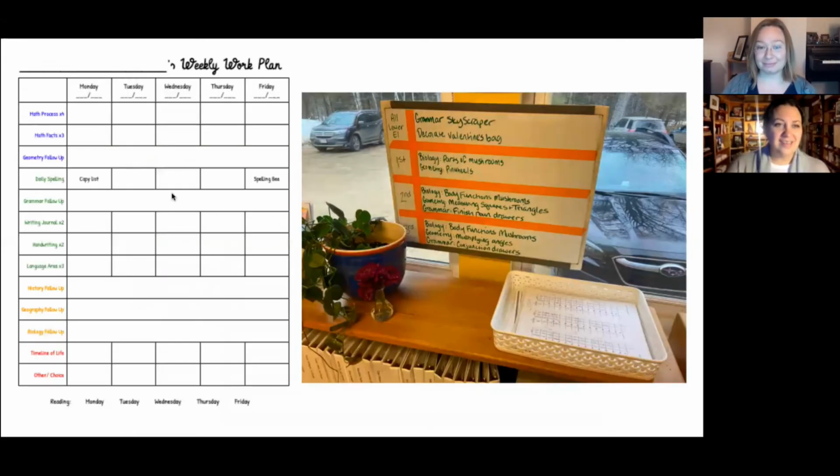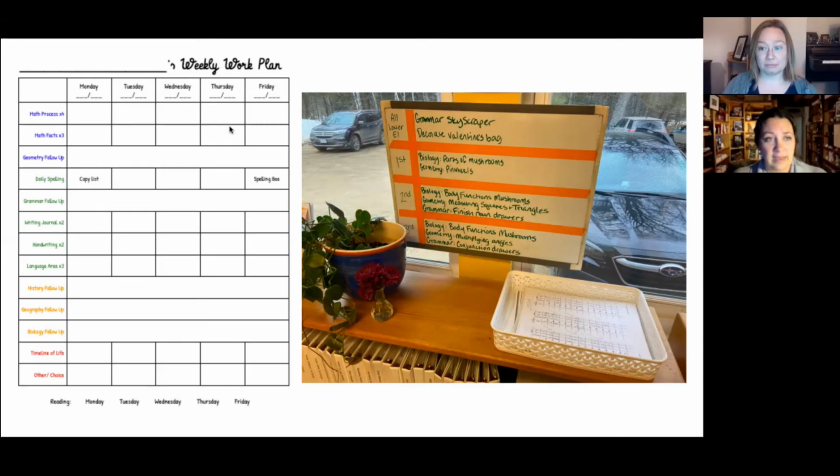It's kind of hard to see, but this plan over here on the left is one that my 3rd graders and most of my 2nd graders are currently following right now. They make the plan on Monday and then check things off as they go by Friday. So here they know that they have to do math process work. It's really hard to see, but there's a little ×4 right there. So they know that they have 5 spaces throughout the week, and that 4 of those spaces need to have